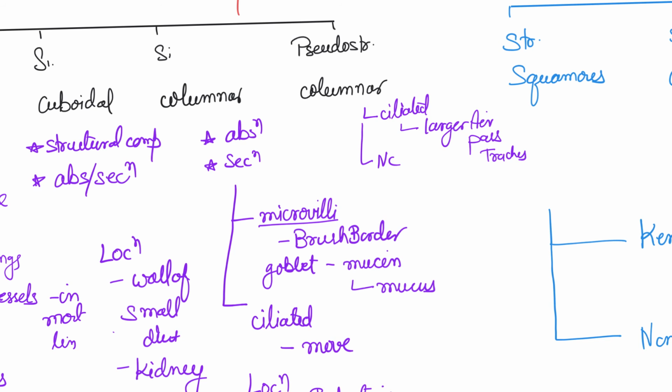So, no goblet cells, and that means no protective mucus or anything like that. But where are they present? They would be present in the male urethra. If you are not aware what the urethra is, it's the tube that takes the urine from the urinary bladder out to the body. It might also be found in